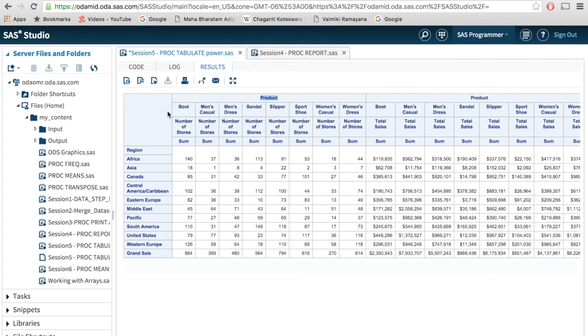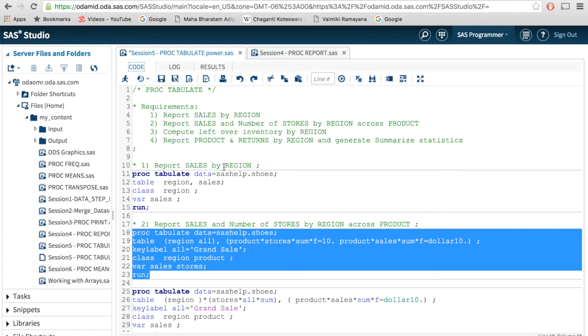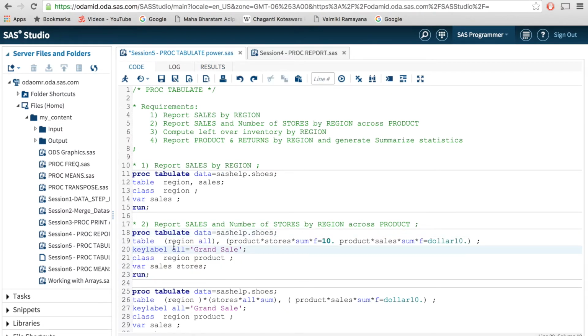Across product we have 8 products in total, so 8 columns here, 8 columns here, 16 columns are displayed like that. So overall this particular table controls the way in which we want the values to be populated. For example, if I don't want